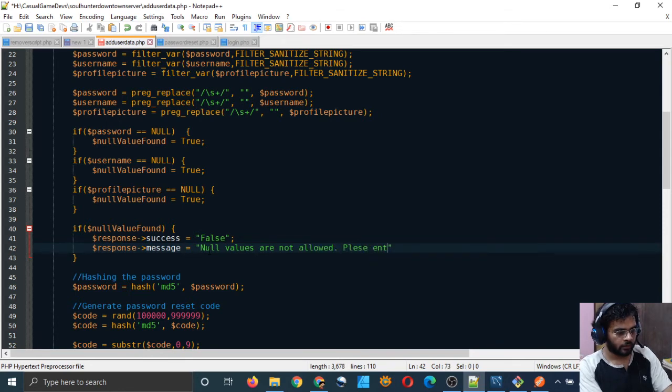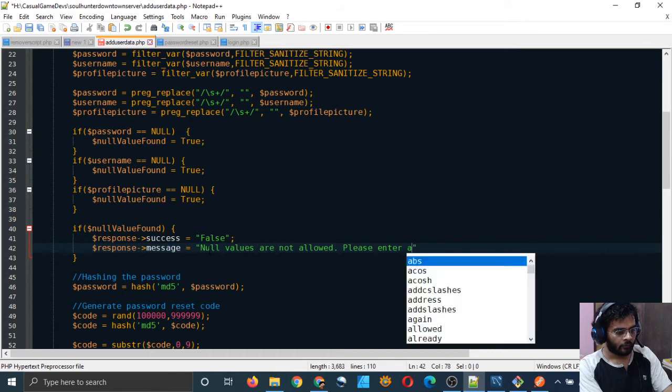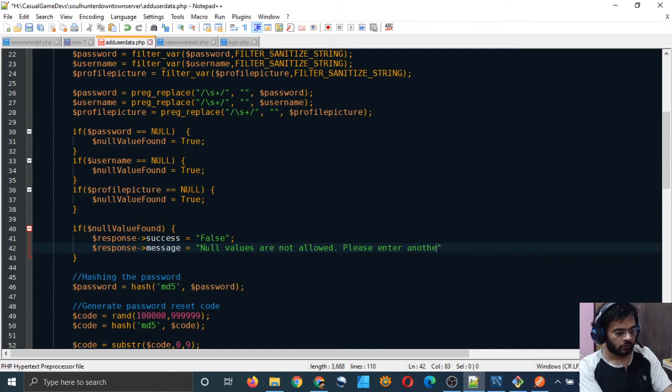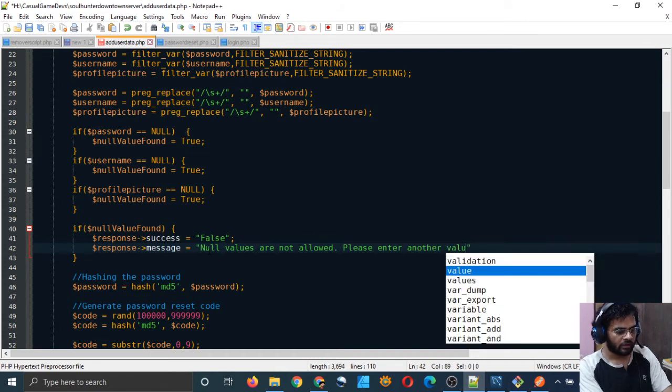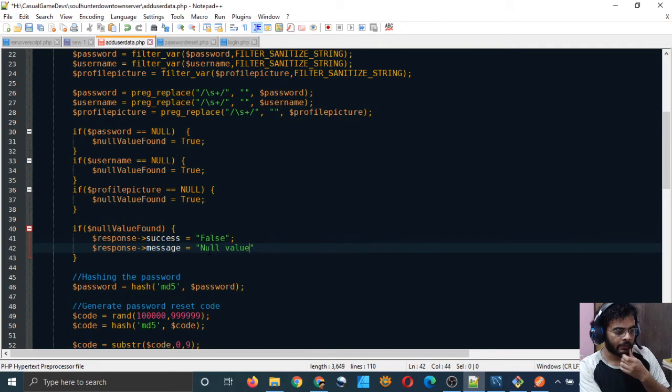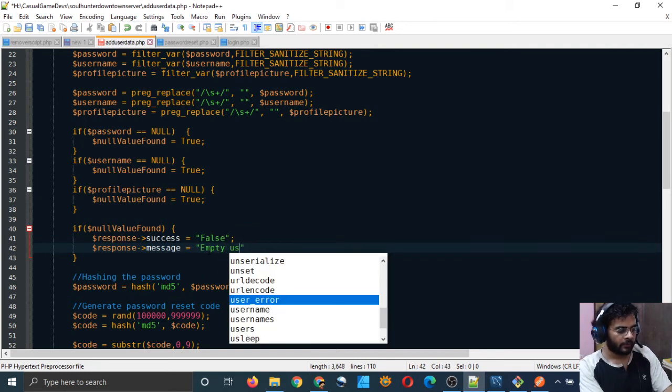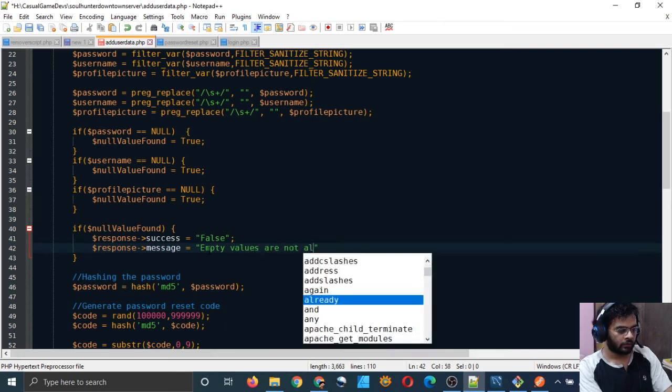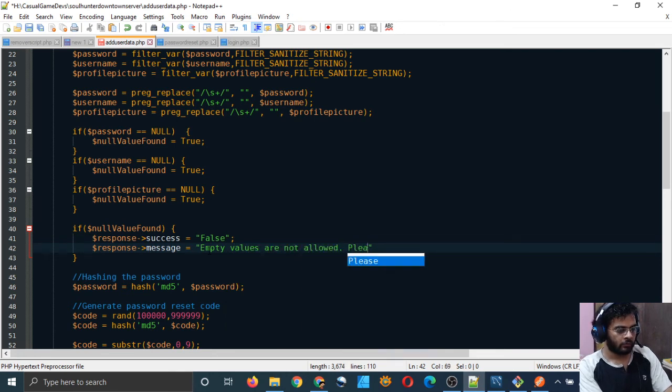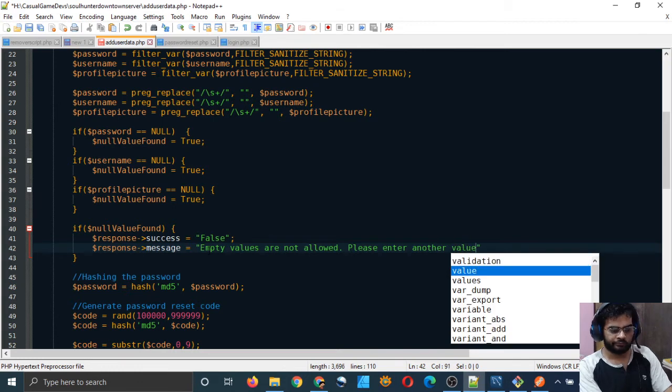Please enter another value. This is not a very user friendly statement, so we should write something like empty values are not allowed. Please enter a string. Please enter another value. That's it.